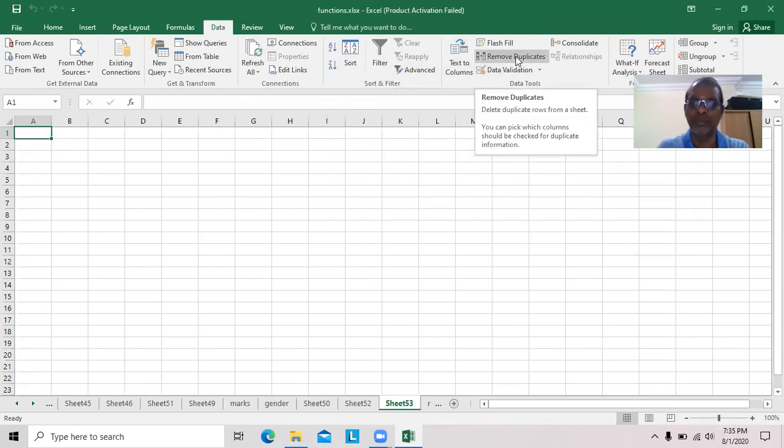It's also very simple. From the name itself, you can understand remove duplicates. If one value is available more than one time, one value will be kept and the remaining values will be removed. That is, it should be a unique value or distinct value. We will see it again.